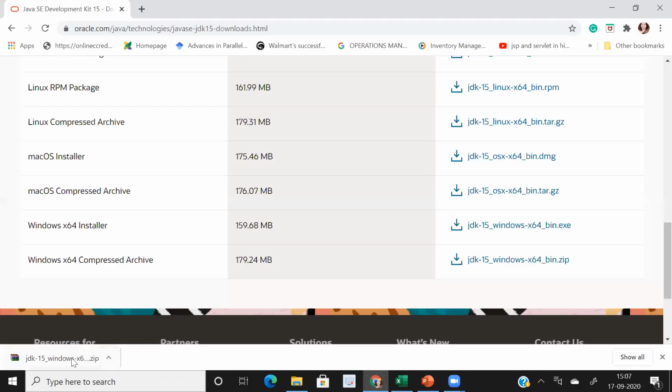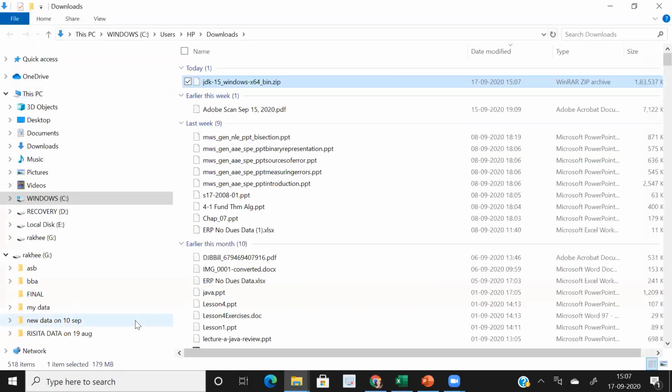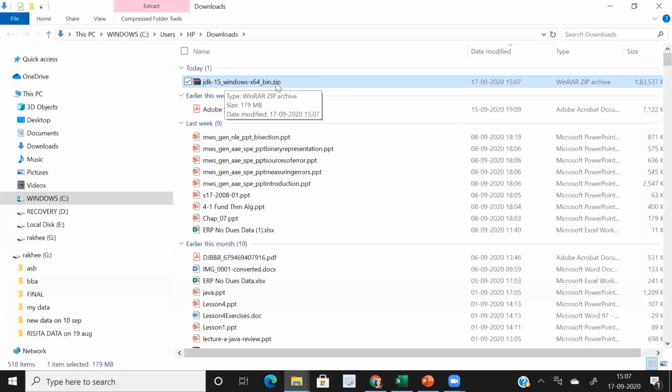As we can see, JDK has been downloaded. Now you can click on it and say show in folder. Here is my JDK 15 Windows x64 bin.zip.